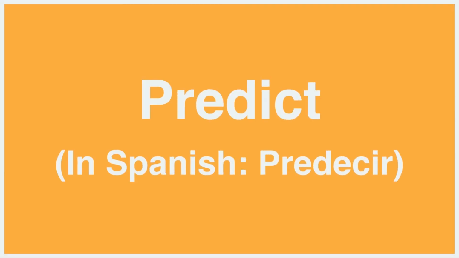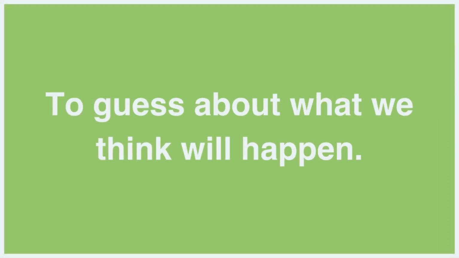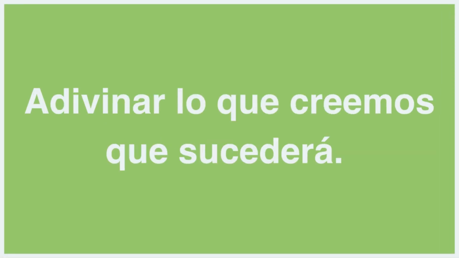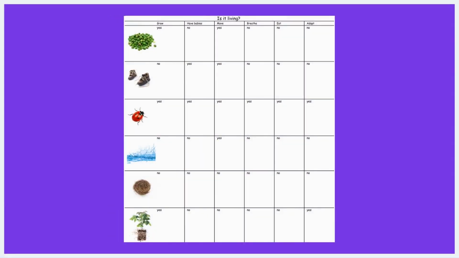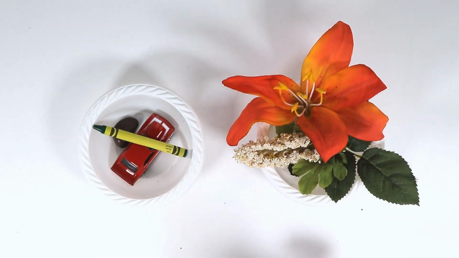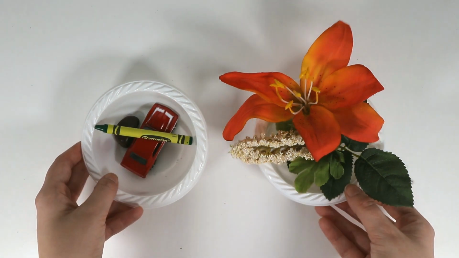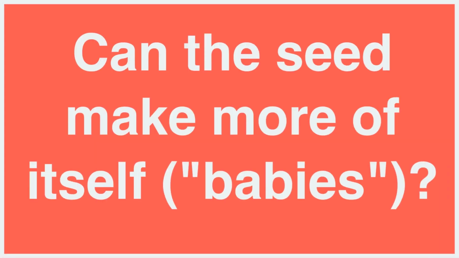During this activity, introduce the word predict, or in Spanish, predecir, to guess about what we think will happen. Or in Spanish, adivinar lo que creemos que sucederá. Start with the documentation panel from Activity 1 in case you need to add more responses. To observe living and non-living things, bring out the 2 observation boxes, one with 3 living things and one with 3 non-living things. You should ask children fair questions that they can answer by observing the living and non-living things,